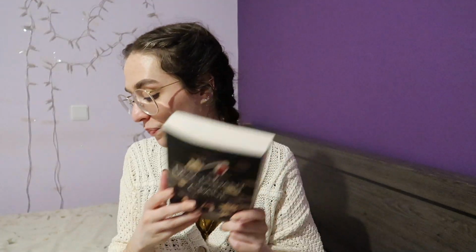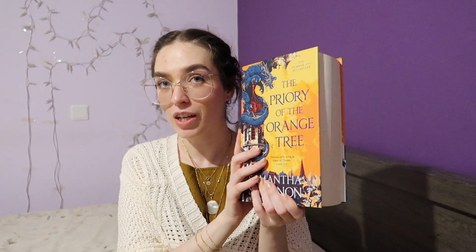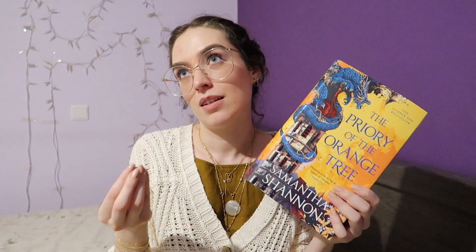So if you enjoy that aspect of the story, I think you should give this one a chance as well. This is YA fantasy. And adult fantasy, we have The Priory of the Orange Tree by Samantha Shannon. This one reminded me of The Empress of Salt and Fortune because of the relationship between Rabbit and the Empress herself. This has a very wide cast of characters, but one of the elements that is very much explored in this book is a relationship between this queen and this...